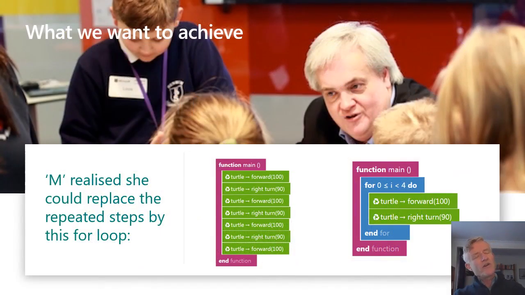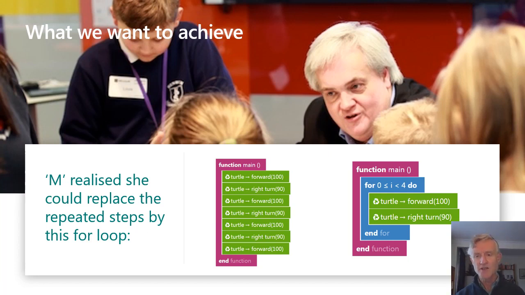So that's all very high level. I just wanted to move very briefly to a little vignette of the kind of thing that I hope we might be able to achieve through this. This is a workshop in London that was held a few years ago, led by Miles Berry, who's in this picture. And in this workshop, a primary school child who's here called M realised that she could replace a sequence of 8 commands, which made a little turtle graphics thing draw a square, by a sequence of just 2 wrapped in a for loop that repeated those 2 commands 4 times.